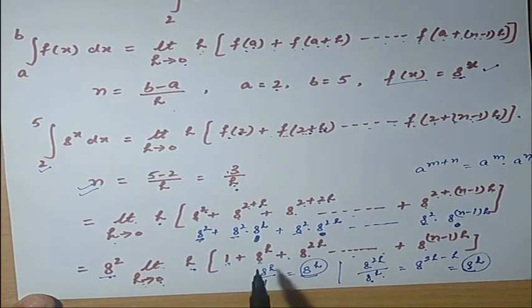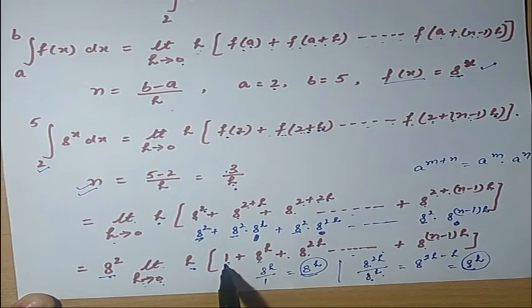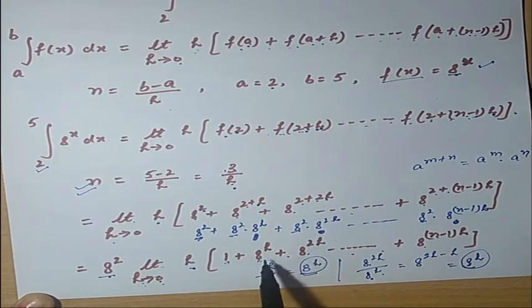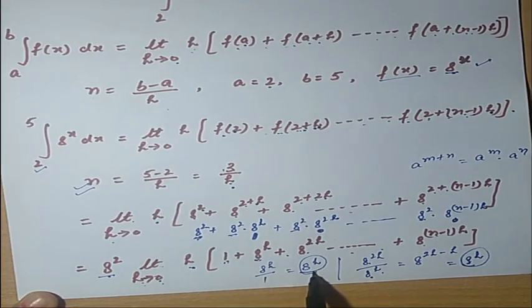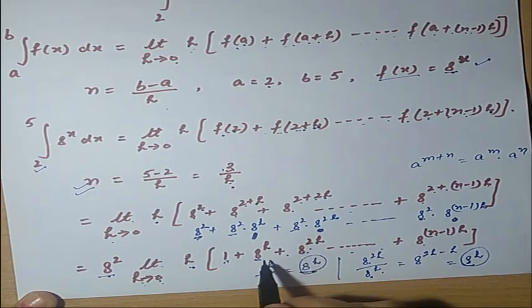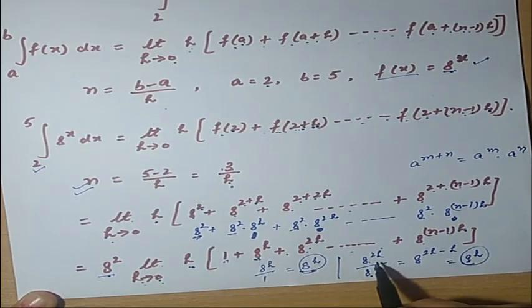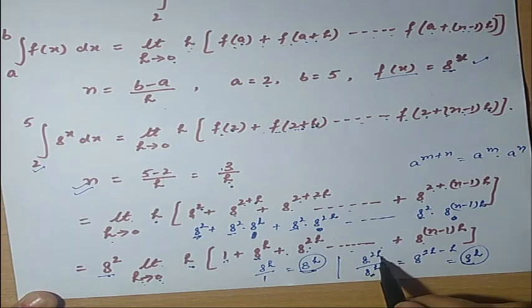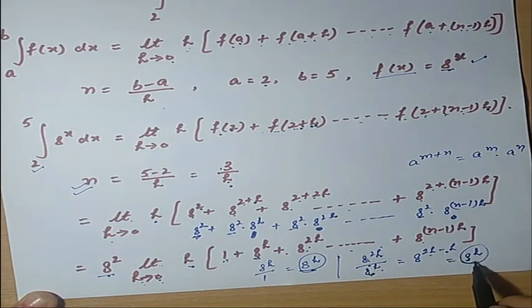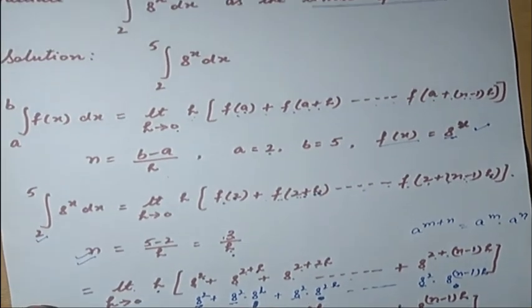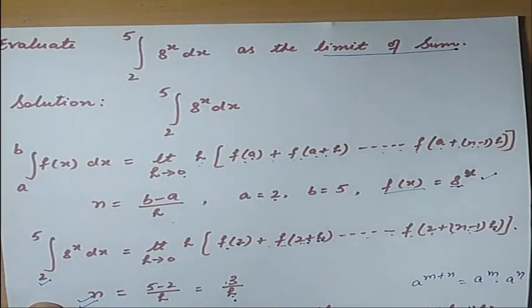When we apply the formula for AP, the difference should be the same, but here it is different: 8 raised to power h minus 1, 8 raised to power 2h minus 8 raised to power h, the difference is not the same. Then we will check the ratio. 8 raised to power h upon 1 is 8 raised to power h. 8 raised to power 2h upon 8 raised to power h: the base is the same, divide sign, so the power will be 2h minus h, which is 8 raised to power h. Yes, the ratios are same. If the ratios are same, the given series is a GP.